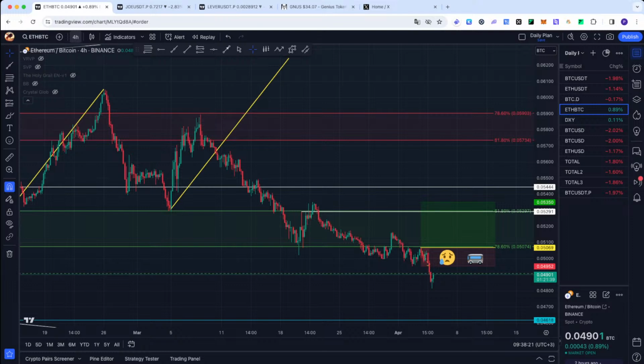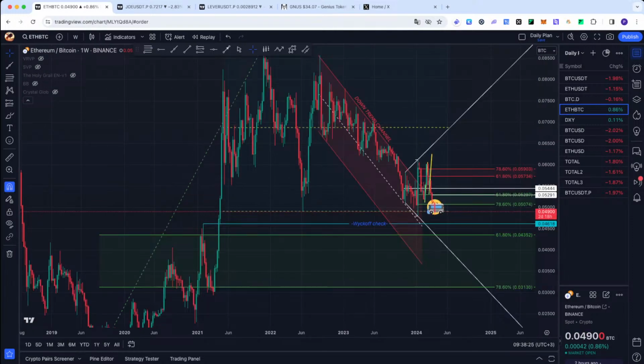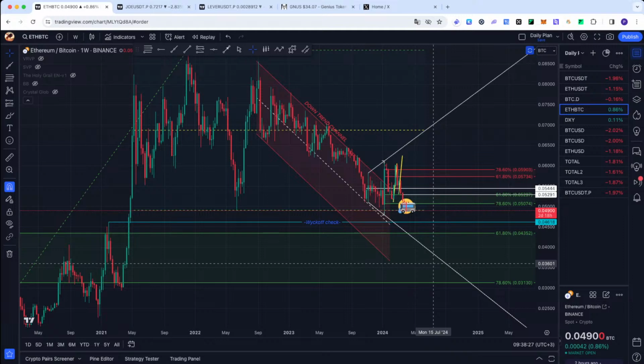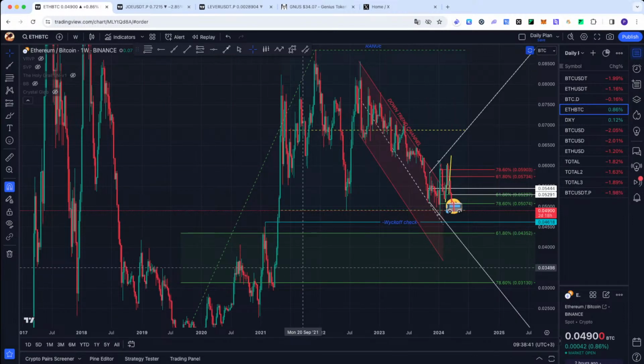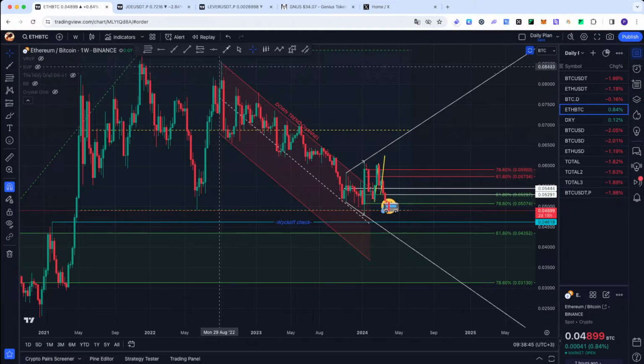Let's do weekly chart. Let's see some confluence where we can see some levels. Well, we have a Wyckoff check untested here. We are SFU testing the SFU level even now, but we have Wyckoff check a bit below, and then we have Mountain Man, and then if we look in the long reload zone, we have some levels. We'll be back in this channel. Hopefully we'll bounce from here, hopefully.